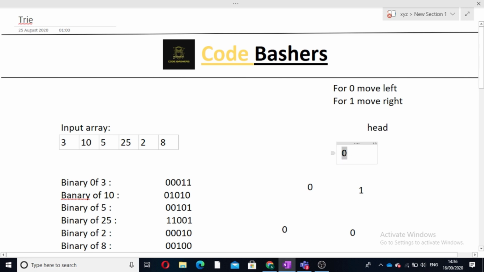But what if this left side didn't exist? So first we have to check whether the left side exists or not. If the left side does not exist, then we first have to make a new node of that value and then move towards left. Suppose in this case the bit is 1, so from head we have to move towards the right side, but there doesn't exist any 1. So first we will insert a node with value 1, and then the pointer which was pointing to head will now be pointing to our 1. Then we will move towards the right side.